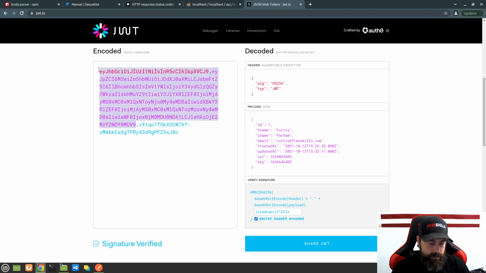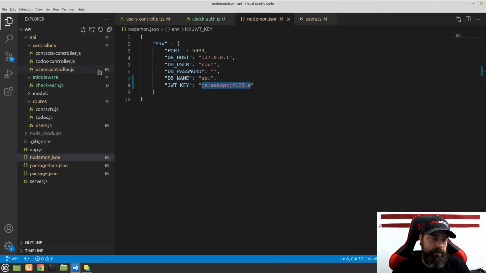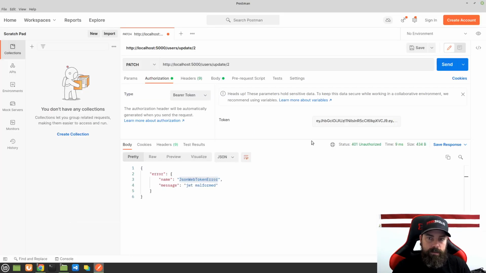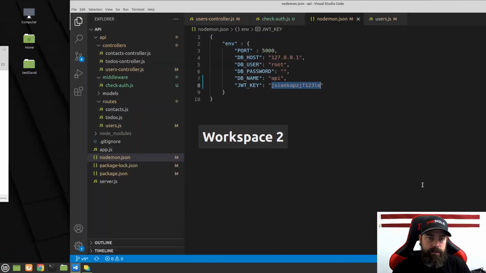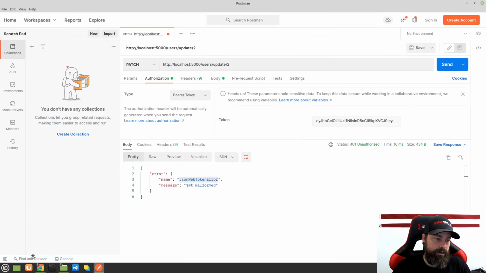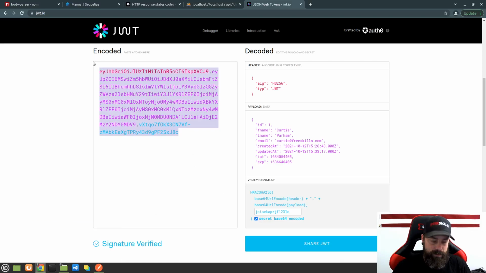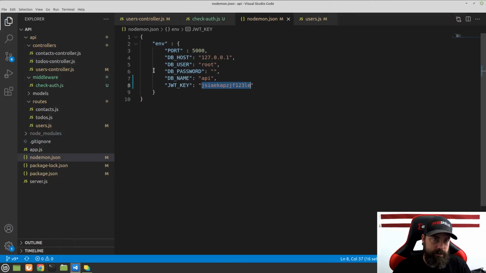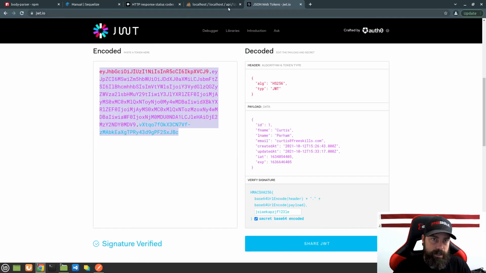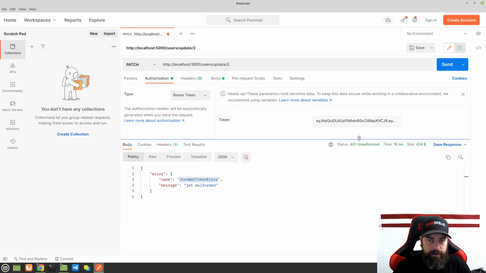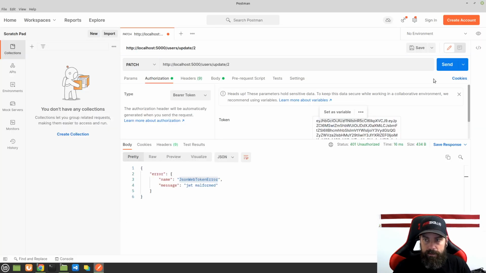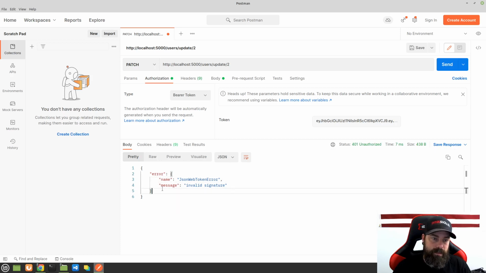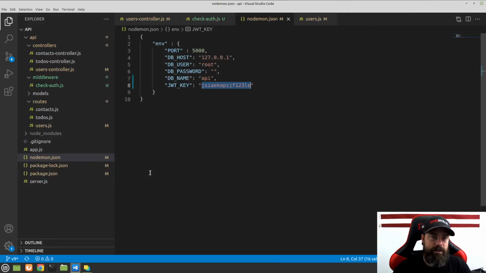So let's copy this now and try it again by going to Postman. Let's update this. Let's send this. Malformed JWT. I mean, it's a good thing that I'm having struggles here, guys. But my point is if they try to manipulate this, okay, we have an invalid signature. So yeah, this is just not going to let them mess with it and change something that's not